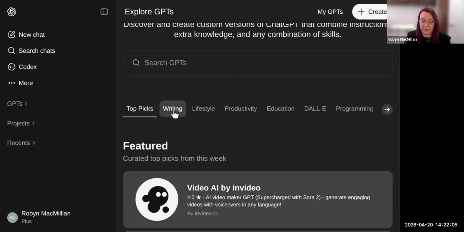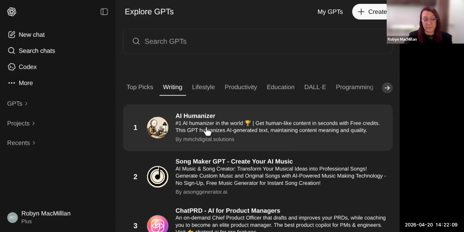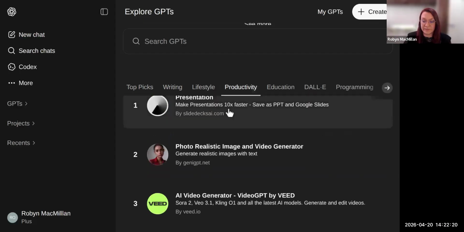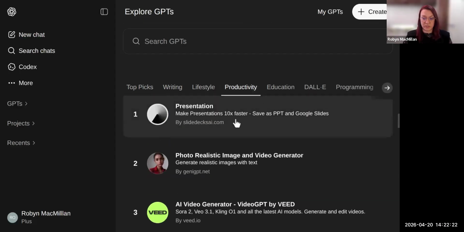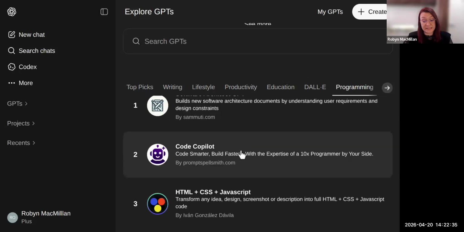So if you want to do writing better, we can put things in like an AI humanizer. That removes a little bit of the probability-sounding and expected kind of content that we're getting when it comes to writing. If we go into productivity, you can use it to create different kinds of presentations over time. And if we're looking at programming, you can use specific